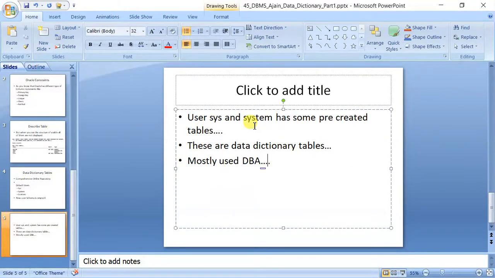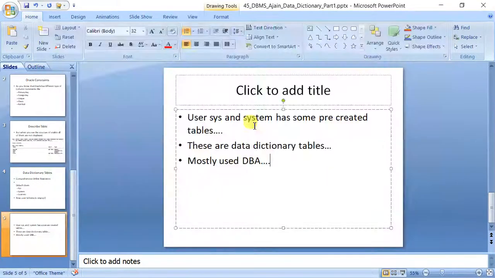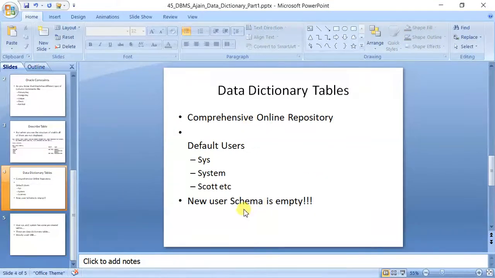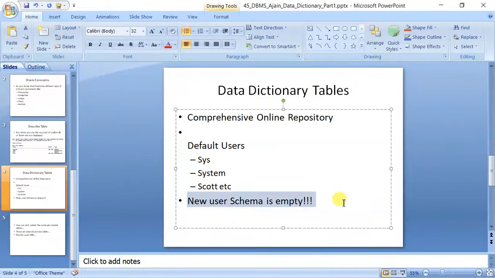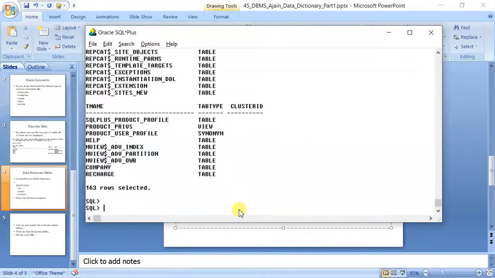But before that, let me show you one more relevant example that I have written in the previous slide: when you create a new user, it is usually empty. For example, let us create user 2020 identified by ABCD.